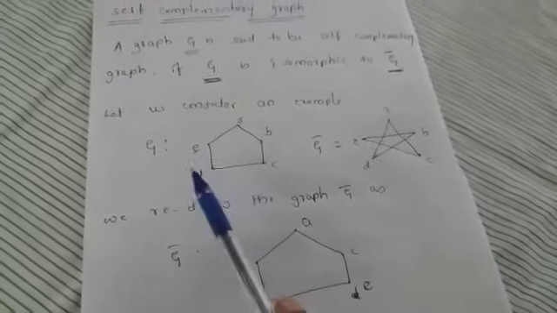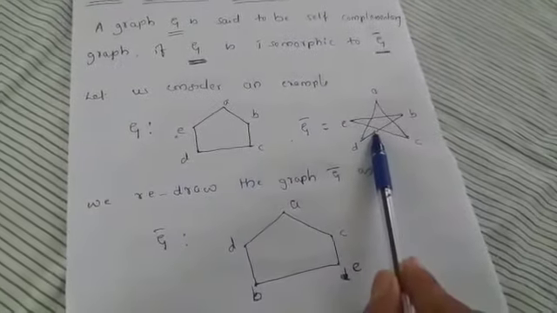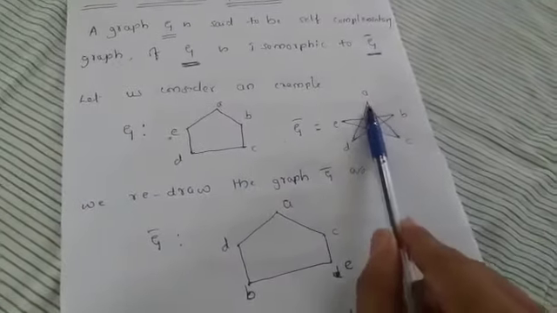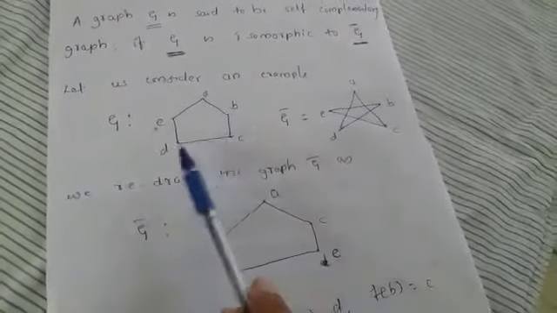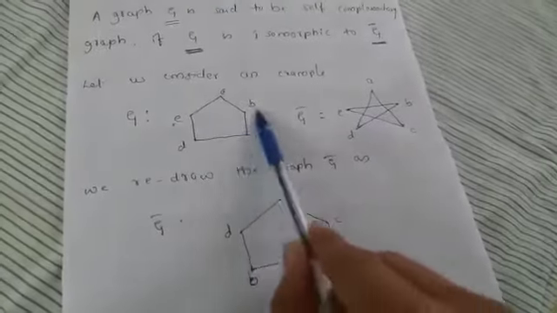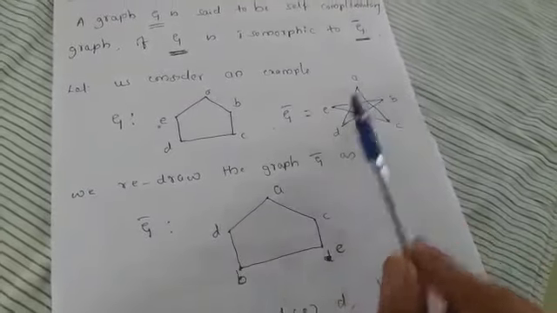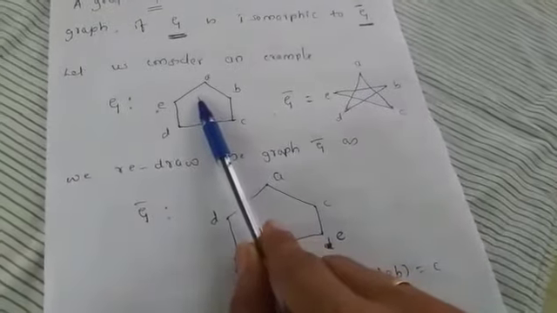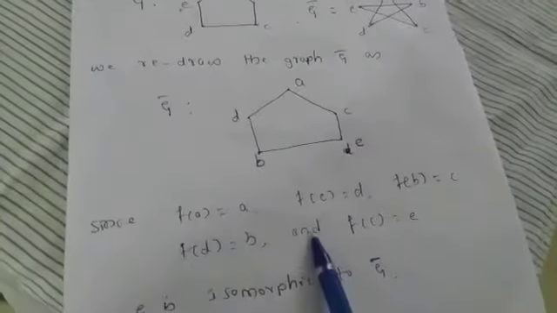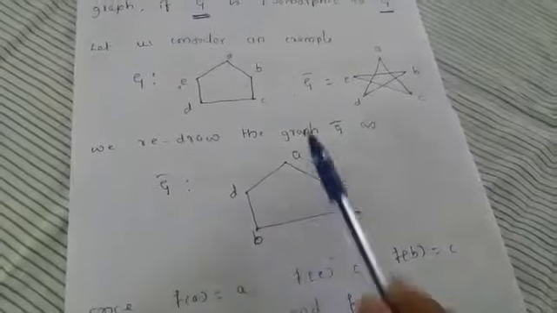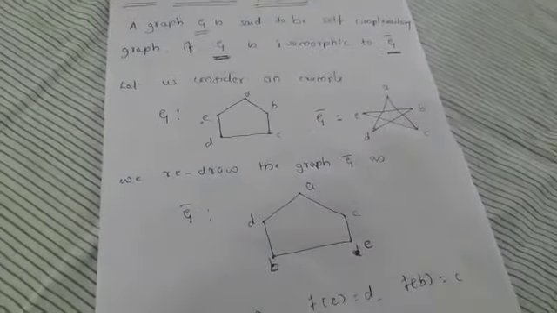If you are cross-checking whether a graph is self-complementary or not, first draw the complement of the given graph and try to see whether the degree of each vertex is the same or not. Here every vertex has degree 2. Here also all vertices have degree 2. And try to redraw it in this format exactly similar to it. If it exists, then develop a relation in this way. Then you can say the graph is self-complementary. Not every time is a graph self-complementary.